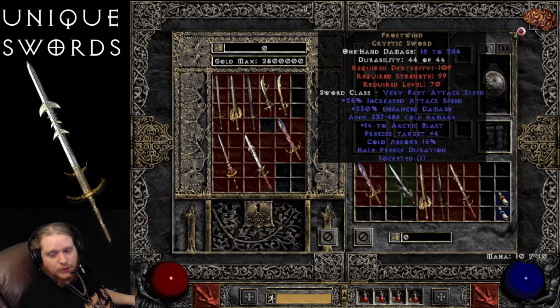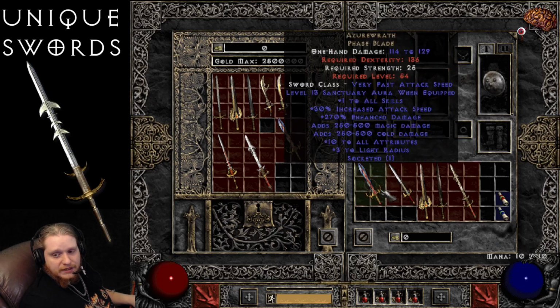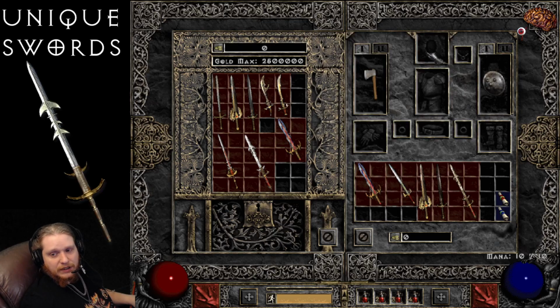Freezes target +4, cold absorb 15%. Half freeze duration. Arctic Blast is a terrible skill, and I doubt even if you were level 20 with +14 to Arctic Blast would it still be any use at all. I mean, you're talking about level 34 Arctic Blast there, with I'm assuming, say you had +1 here, so 35, +2, 36, 37, 38, and then maybe 39, 40, and then maybe if you had plus to skills